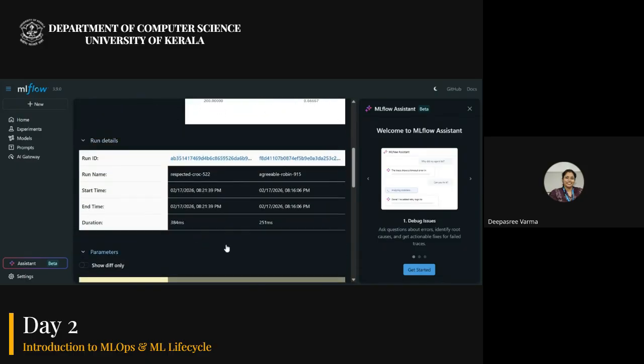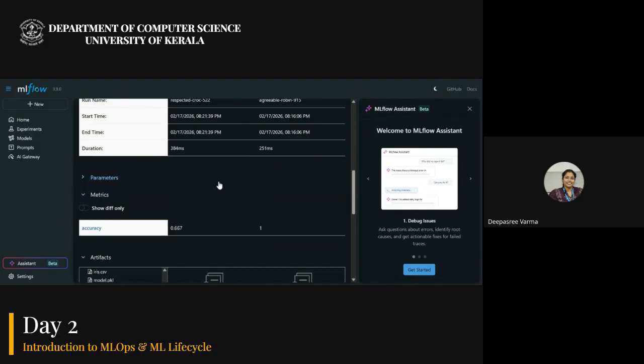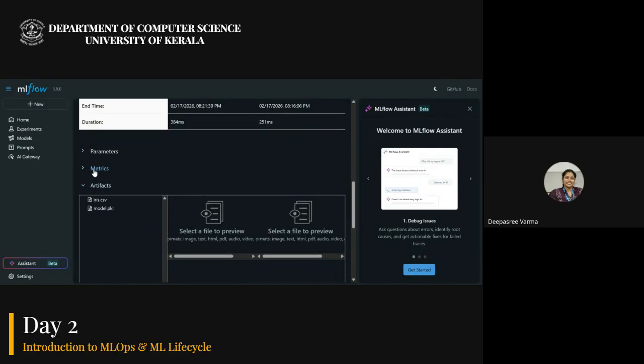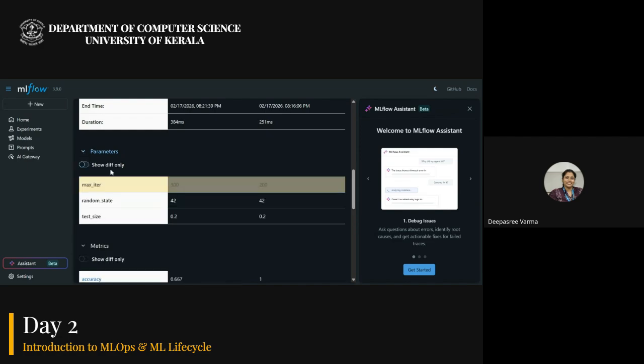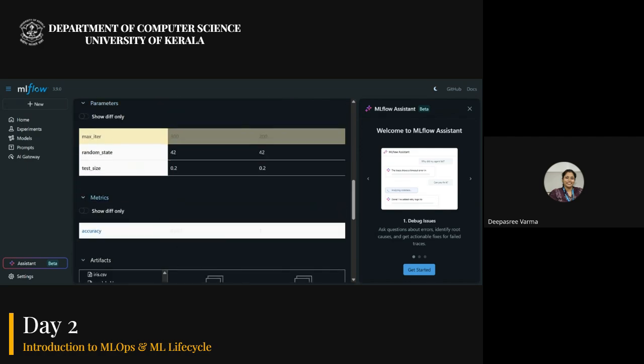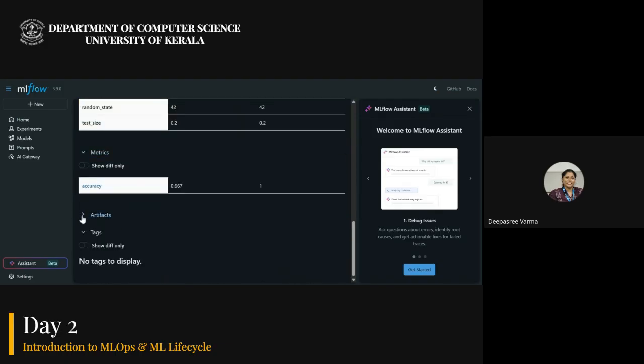So you can clearly see the differences. Maximum iteration in the first case is 300, in the second case it is 200, which clearly deteriorated the accuracy, right? The metrics: accuracy is 0.67 here, and here the accuracy is 1. You can see what artifacts have been saved here.